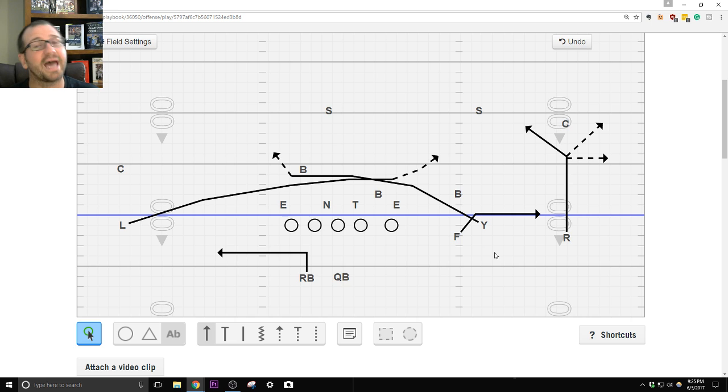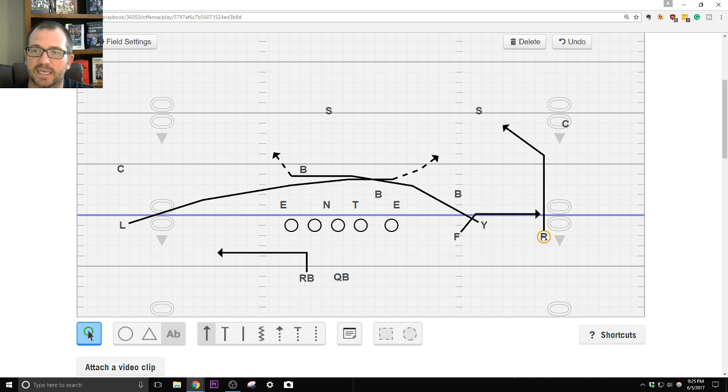Now, he got into some tags, and he said his number 1 tag for this is actually the wheel out of the 3x1. And what he does is when he calls wheel, I'm going to move this guy in because that's where he should be. Anytime he calls wheel, the route that the outside receiver is going to run is an automatic post route. And then the guy that's wheeling is the F. So he still runs his same flat, and then he wheels it up the field. And he said what he does,